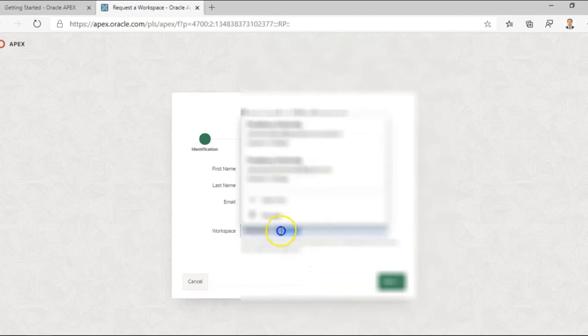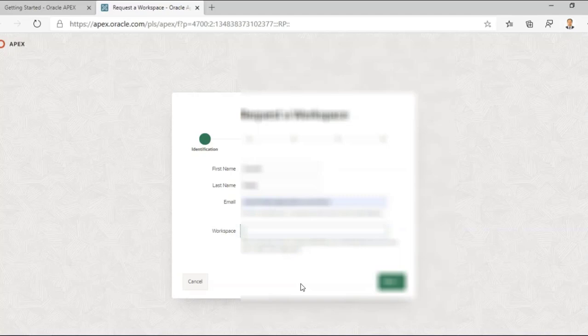And type the workspace name here. It can be anything. So let me type SQL practice. Workspace name I have created, SQL practice 1. Click on next.